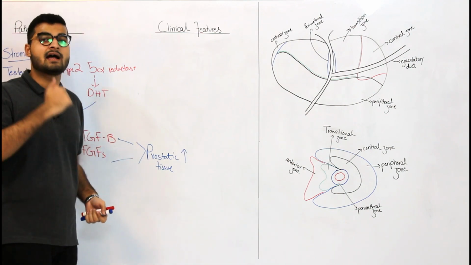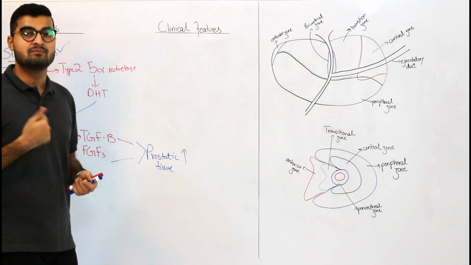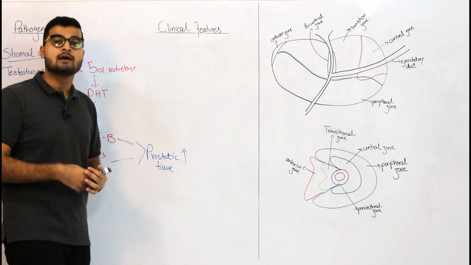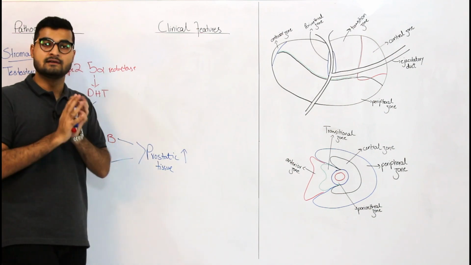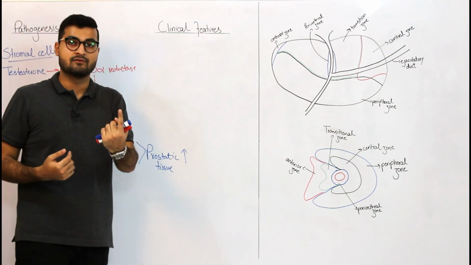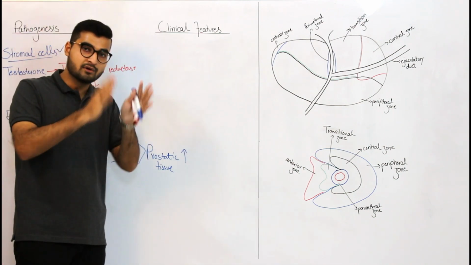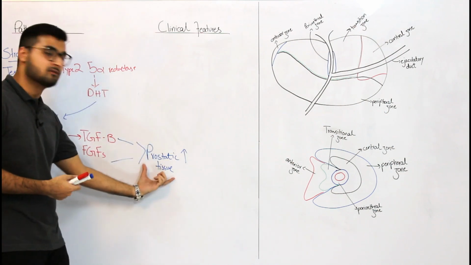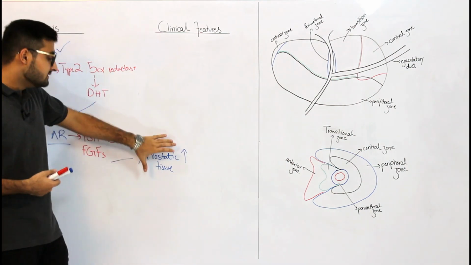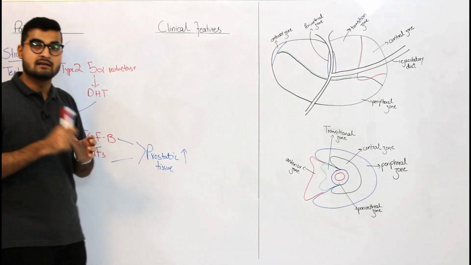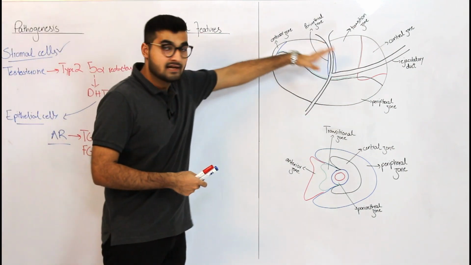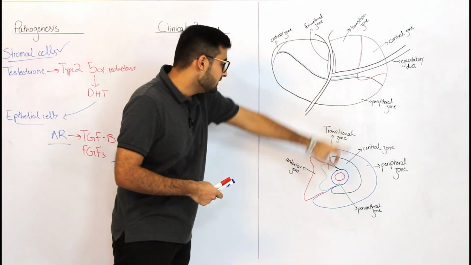Now one thing that is believed to contribute to BPH as well is that you have increased growth, but along with increased growth you also have reduced cell death happening inside your prostate. So reduced cell death, increased proliferation, so both of these are going to contribute to what? Increased prostatic tissue, leading to your prostatic enlargement. Now this happens in BPH, and like I said, all of this gets targeted to which zone? It gets targeted to your transition zone, over here and over here.